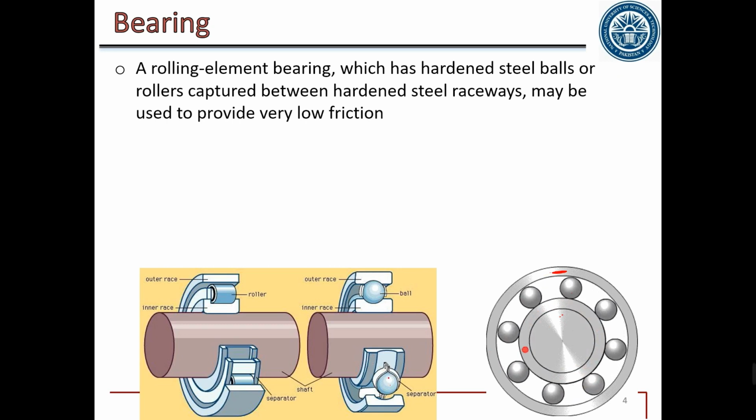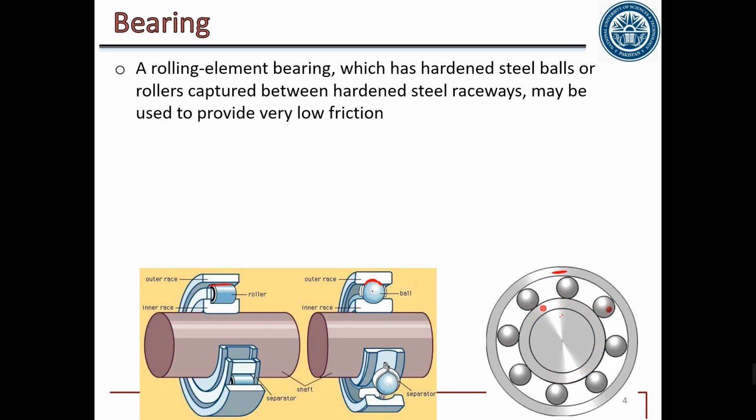In this case, the contact of this surface is the ball with the outer surface, spherical, semicircular, and here we have a line contact. Both of these are examples of roller bearing. This is a ball roller bearing, and this is also a type of roller bearing.